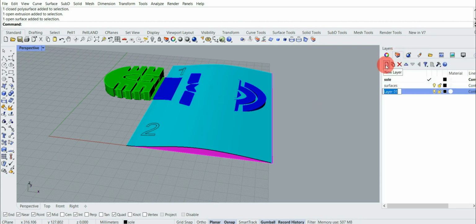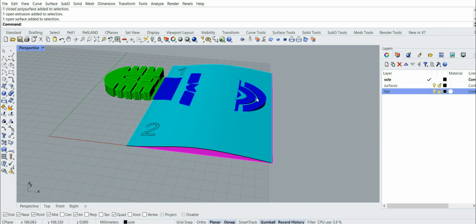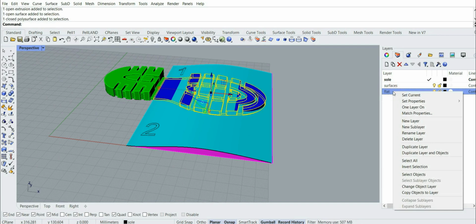Create a new layer called Flat. Select the central part of the sole, then right-click on Change Object Layer to move the object to that layer.